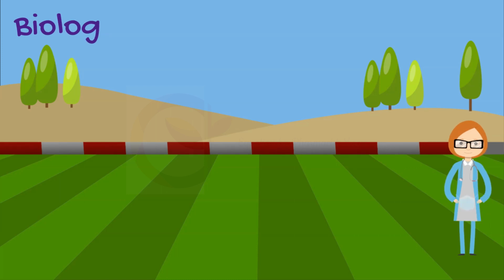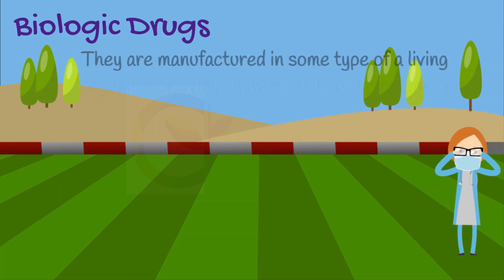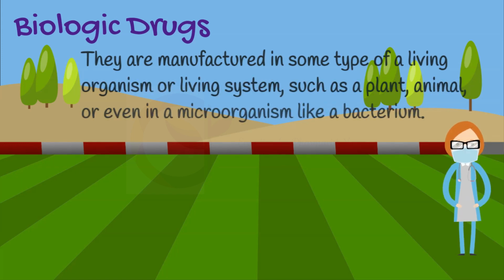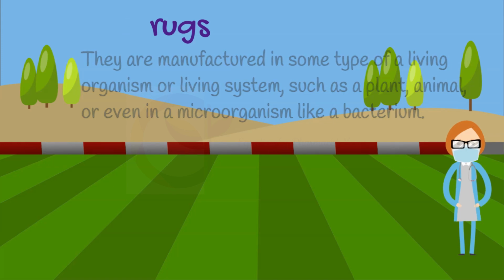Unlike chemical drugs, biologics are manufactured in some type of living organism or living system, such as a plant, animal, or even a microorganism, like a bacterium. They are composed of a comprehensive collection of various therapeutic products, such as vaccines, gene therapy materials, recombinant therapeutic proteins, and so forth. These products need very stringent regulations, as they are extremely sensitive to environmental fluctuations, and even the slightest variation in the circumstances under which they are manufactured can affect their composition. Under this category, there are